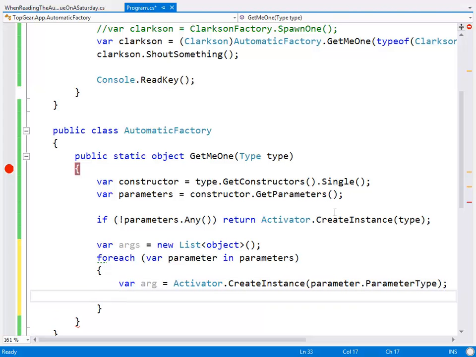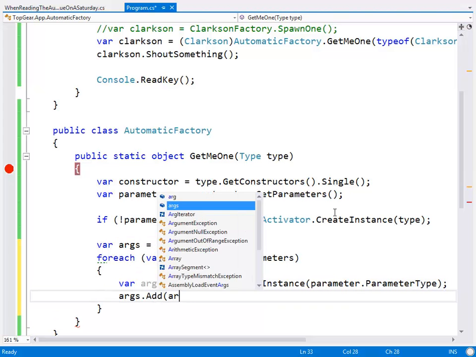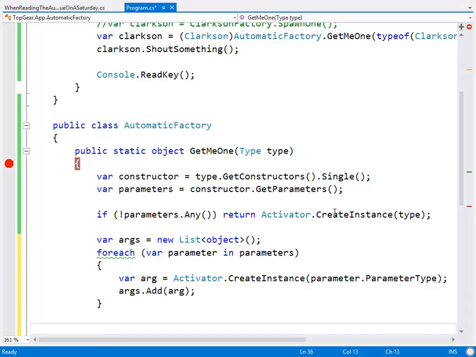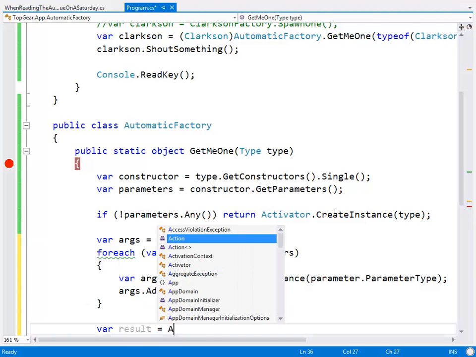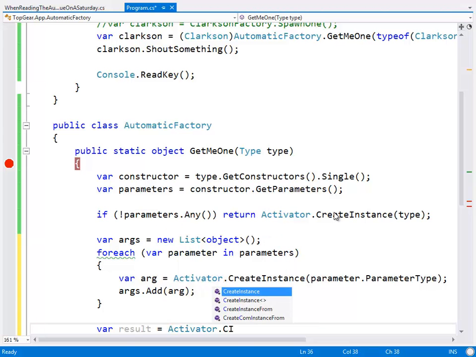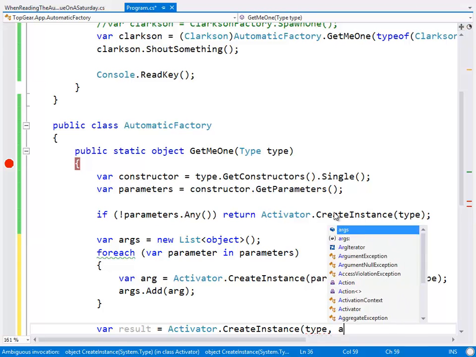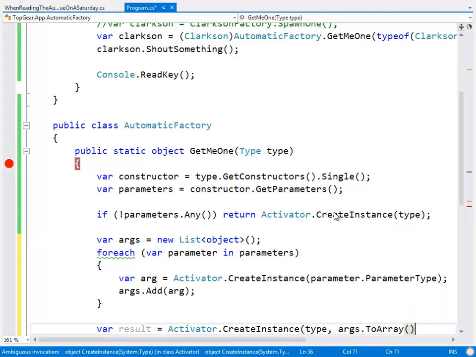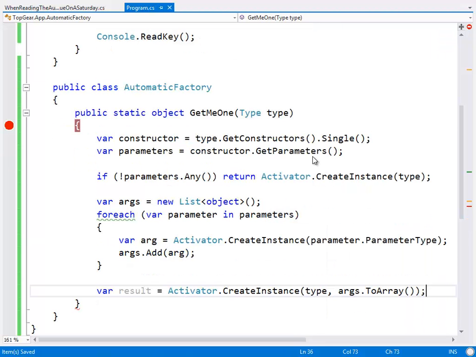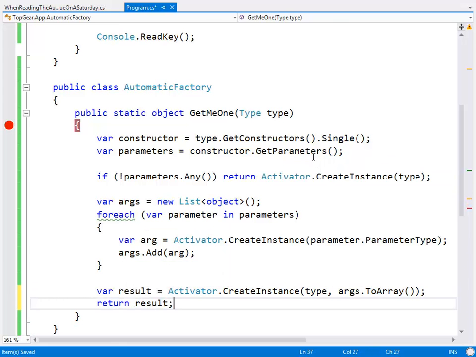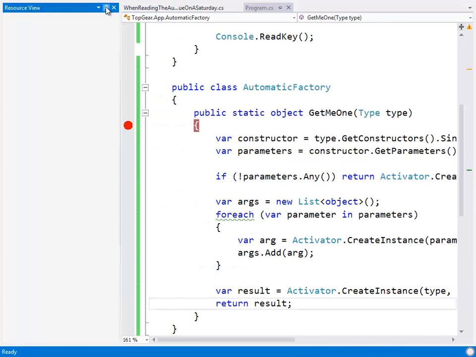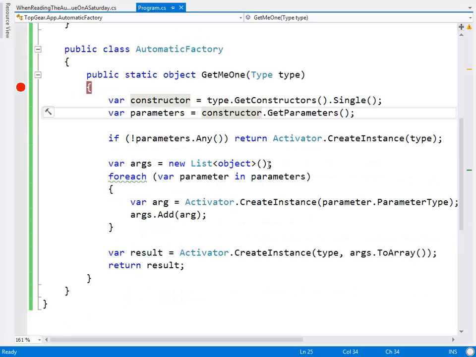That's all pretty good. And then we're going to go args.Add arg, and then down the bottom we're going to go result equals activator.CreateInstance of type, and we're going to give it our arguments collection. And return that. So here's our automatic factory.